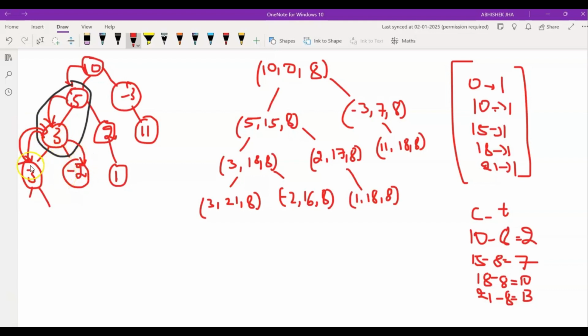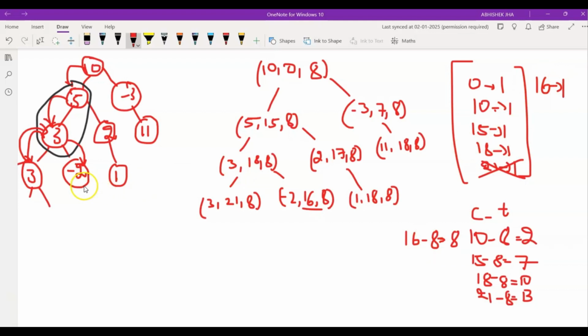Here we need to notice that while backtracking, we need to remove the current sum from our map. The current sum was 21, so we'll remove 21 from our map. Now since 3 gives a right call to minus 2, the current sum here is 16. Before storing this 16 into our map, we'll first check whether the current sum minus target sum, which is 8, is present in our map or not. Since 8 is not present, we'll store our current sum into our map.